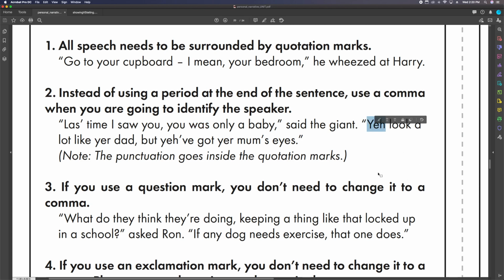Sometimes his yous become yes. You look like your dad. Your becomes yer. Some sort of you've becomes yev. And I don't know if this is just a British thing, but moms becomes mums. So the dialect and the way that you punctuate the dialogue also helps show who somebody is.